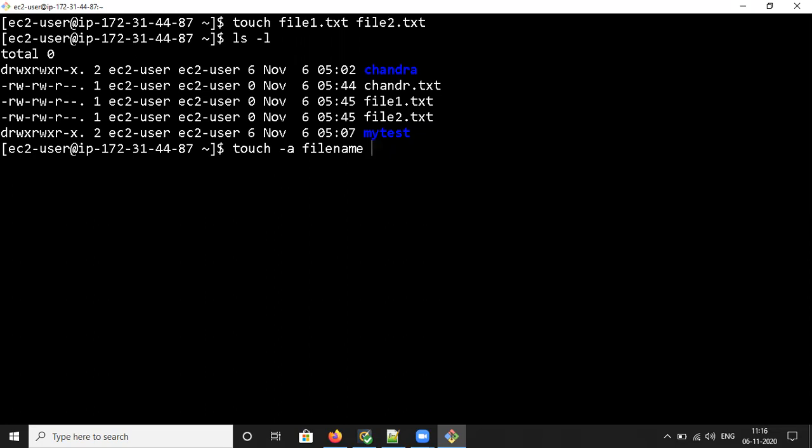It will change the access time only. It will change or update the last access or modification time of the file. You can use file1.txt.